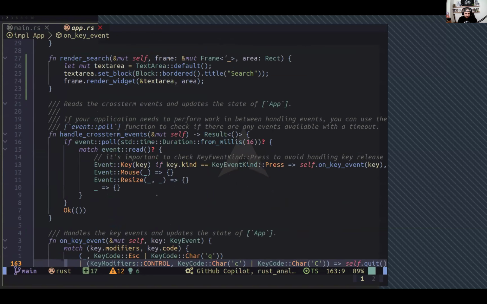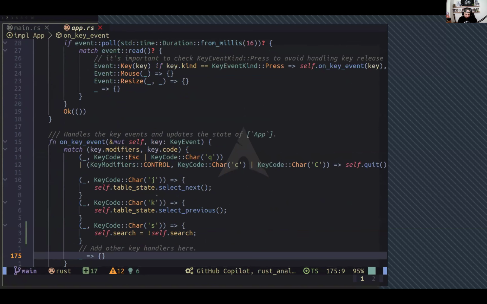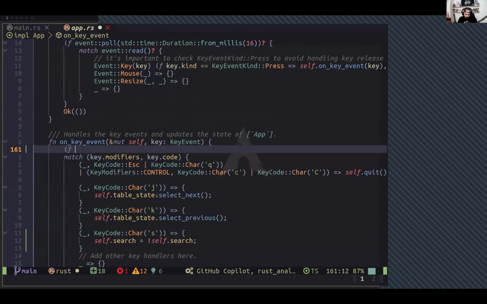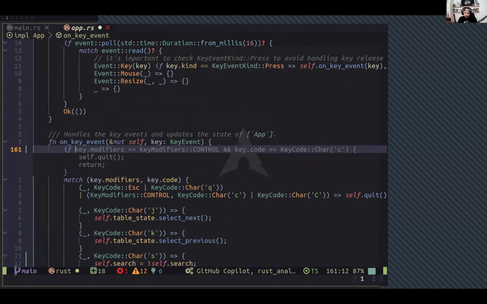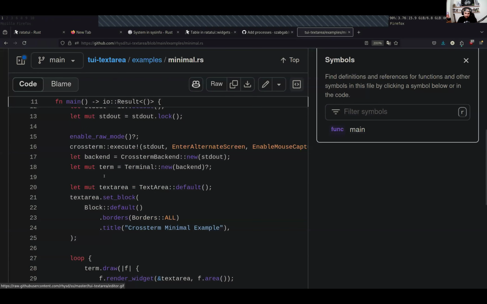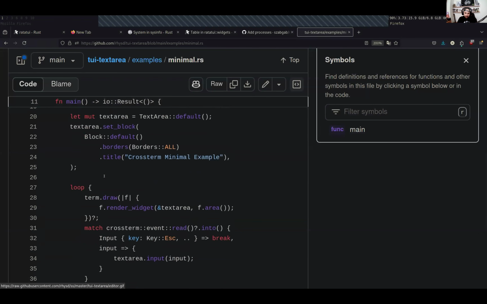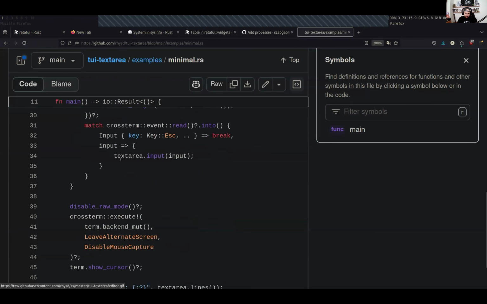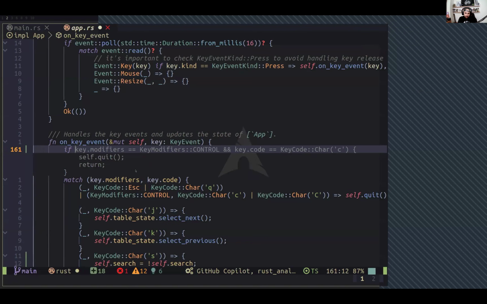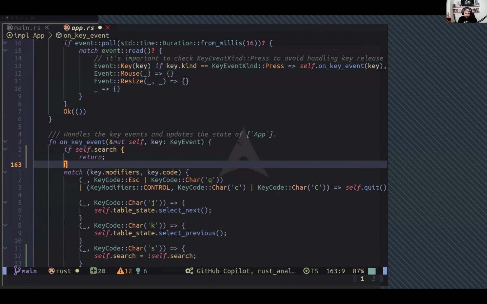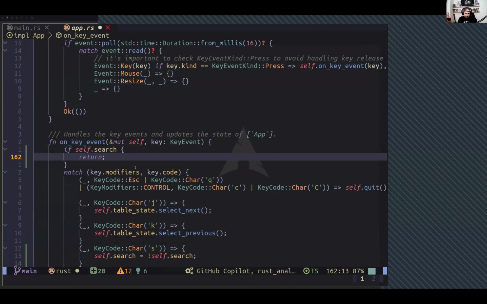And when this is enabled, we want to redirect all the key presses to the text area so that we are actually typing. To do that, you're going to do something like, if you're searching,